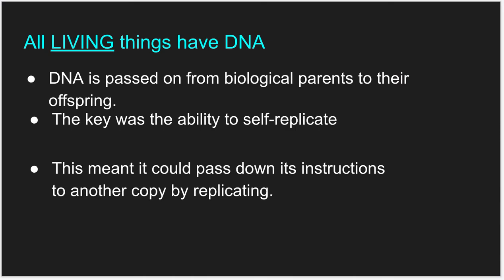Now, DNA is passed on from biological parents to their offspring. So if you have a step parent, you don't have your step parent's DNA. Okay? This has to be your biological parents. So this doesn't mean you're going to be exactly your parents, because you have your own unique set of DNA. You may have heard somebody say, you look just like your mom, or you look just like your dad, or your brother, or your grandma, or your aunt. And you may look a lot like them, and that's because of DNA